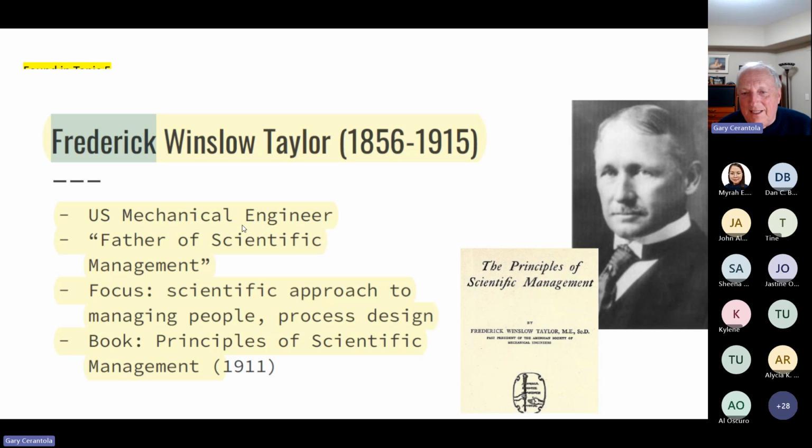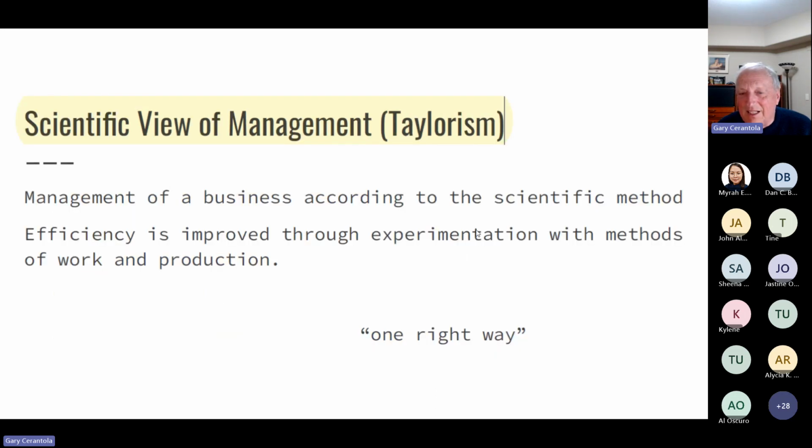Okay. And then we have Frederick Winslow Taylor, and no doubt you can see that he was a mechanical engineer, and so no doubt he would be father of scientific management. But it's an approach to managing people, process design, and so he created these principles. And the thing is that he's looking at management according to scientific methods. So that's not so much behavioral. It's sort of, okay, let's improve this process. Let's give people the tools and the capabilities that they need to be able to get to the outcomes. And we're going to do it using what gets measured gets done, right? So that we're going to measure what's going on.